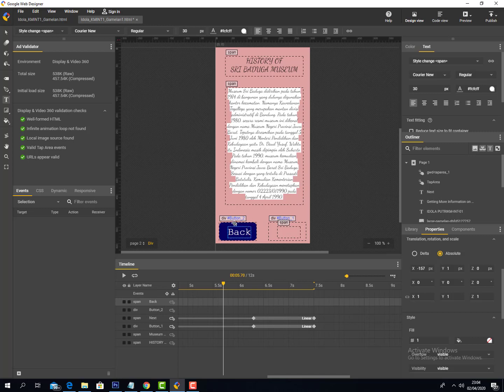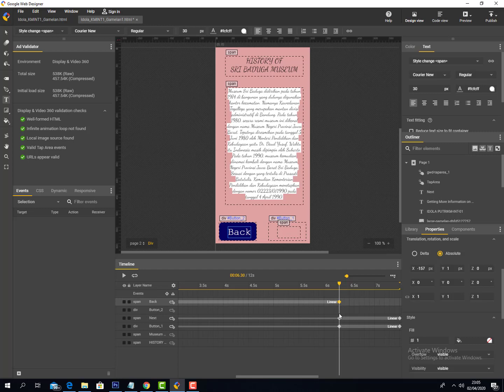What kind of animation? Maybe the animation is the same as the next button, so I'll just put it in. You see the animation goes right at the second, almost 2.5. Because it's the same as the previous page animation, you can just change it. But I want to make animation also for the title and the text, so we'll put it here.